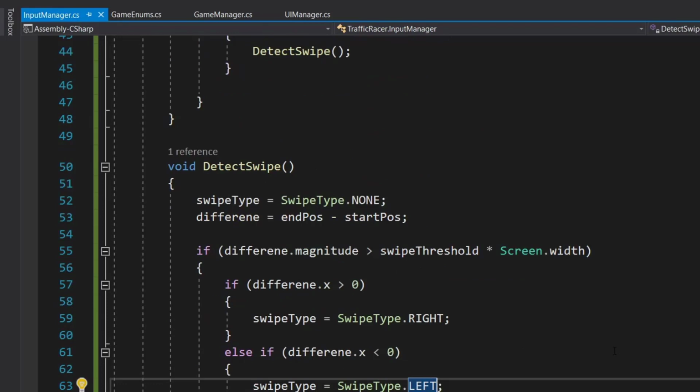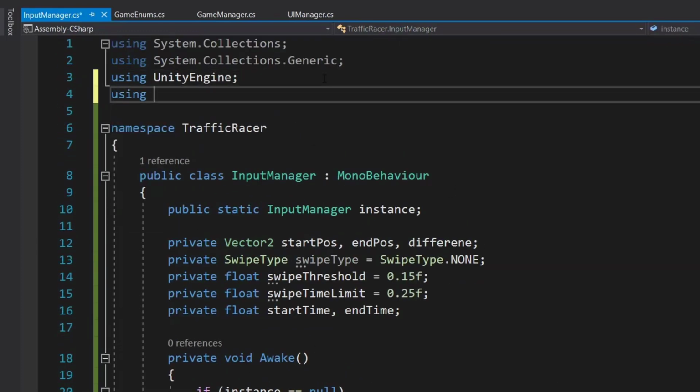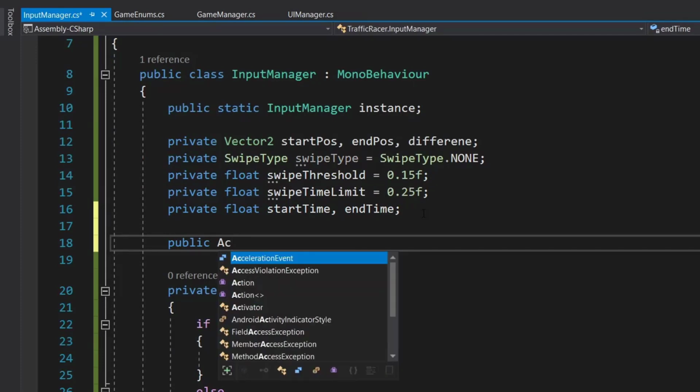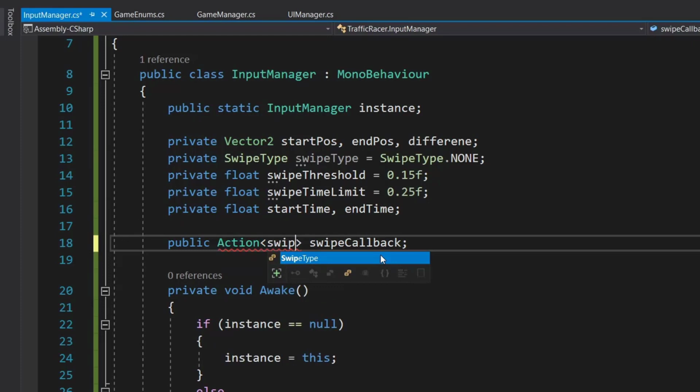Now we want to send this information to the required classes. So for that we will create an event. So we'll call using System, and here we will create a public Action, and we will call this swipeCallback, an action of type SwipeType.